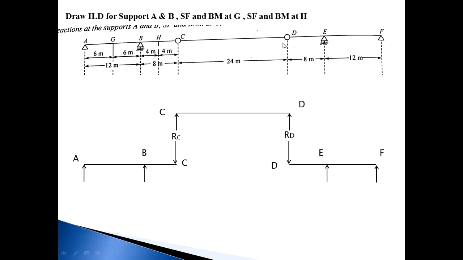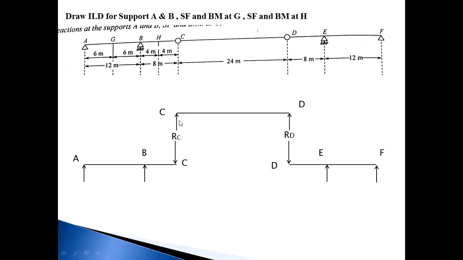At points C and D, there is an internal hinge. Due to the internal hinge, it is a separated beam. That CD beam is simply supported, so treat it as a simply supported beam like this. This is CD, and whatever reaction RC occurs when the load is between C and D, that reaction we need to cancel because this is an internal hinge,